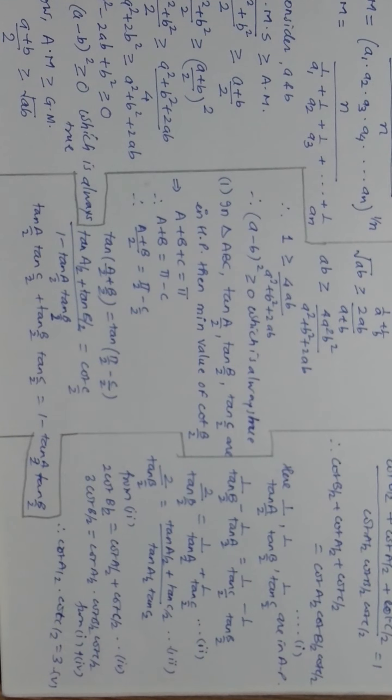This relationship I have to establish with cot B by 2, because this only is going to yield me the number. Now how do I establish this? I have cot A by 2, cot B by 2, cot C by 2 in AP, right? So if it is in AP, then suppose these are three numbers which are there with us, that is cot A by 2, cot B by 2 and cot C by 2. You can find the geometric mean of them, and also the arithmetic mean.